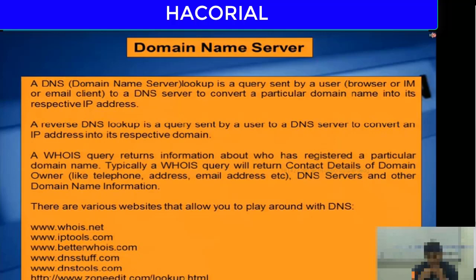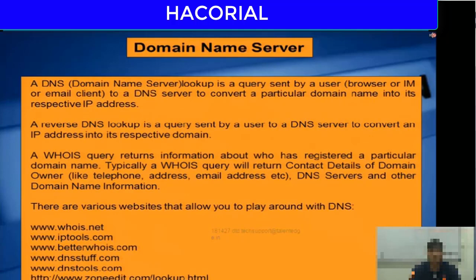It allows your computer or your software or you to convert a domain name, that is facebook.com, into its respective IP address. Now obviously there's also something known as a reverse DNS lookup, which essentially does exactly the reverse. It allows you to convert an IP address into its respective domain name. A reverse DNS lookup once again is a query sent by your computer to the DNS server of your ISP or of your network, and in return it will send back the domain name of the IP address